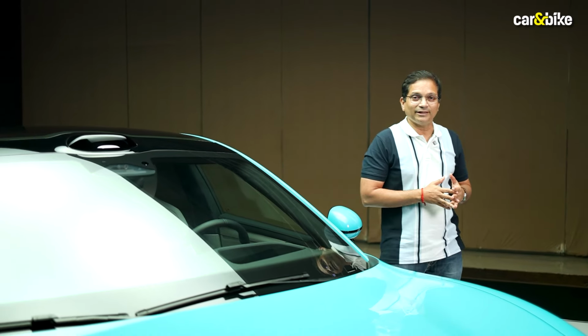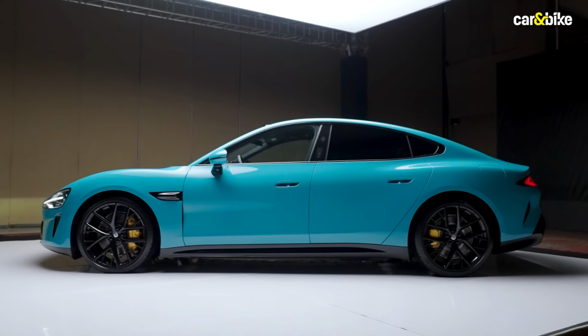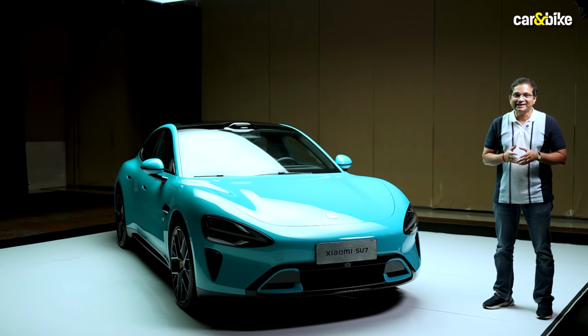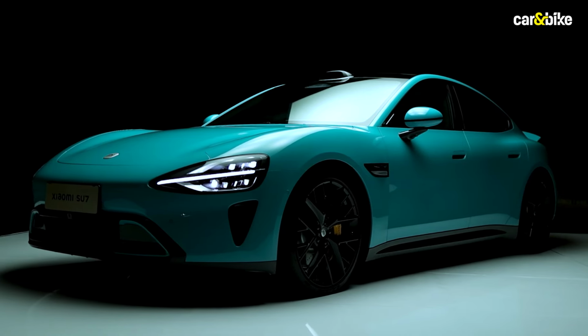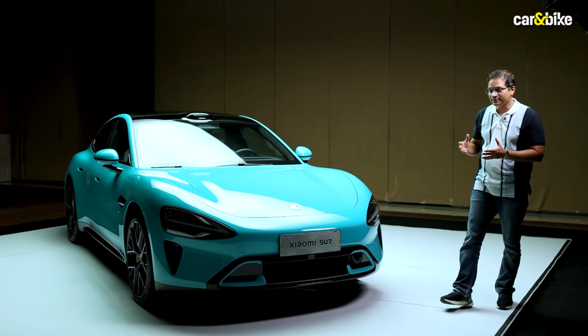So you might say the design is inspired by certain brands from the US and Germany, but in person it looks really impressive. It has the right proportions, and one of the reasons why it could look pleasing to your eye as well is because the designers say that they followed a golden ratio to decide proportions of the car, the width versus the height, the way the wheelbase is spread out, and in that sense it really looks